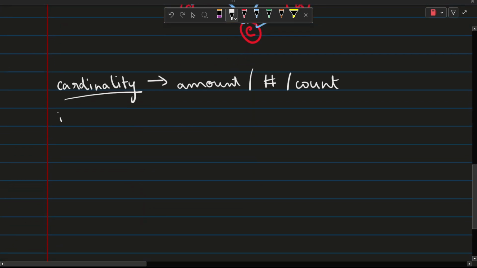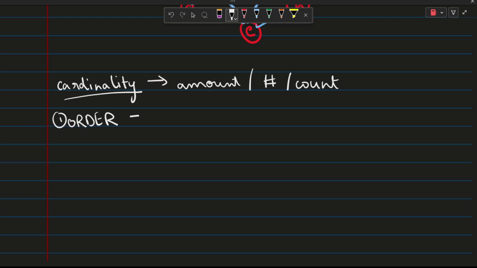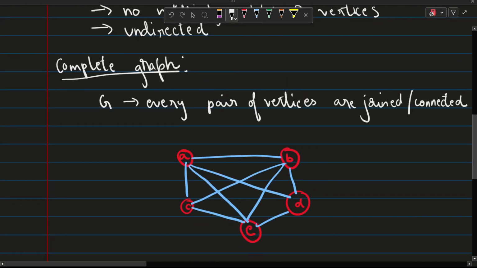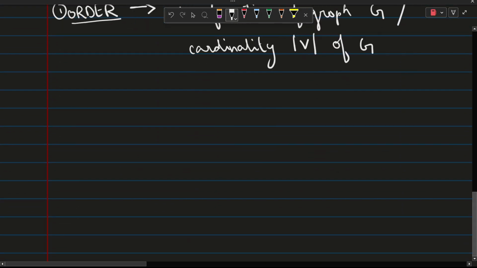So let's see order. What is order? Number of vertices of graph G, or we can say cardinality of V of G, is called the order and is denoted by